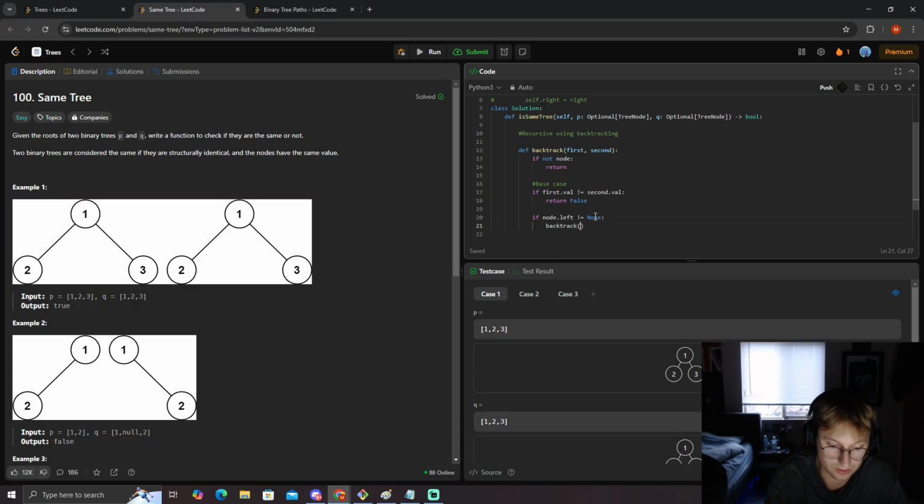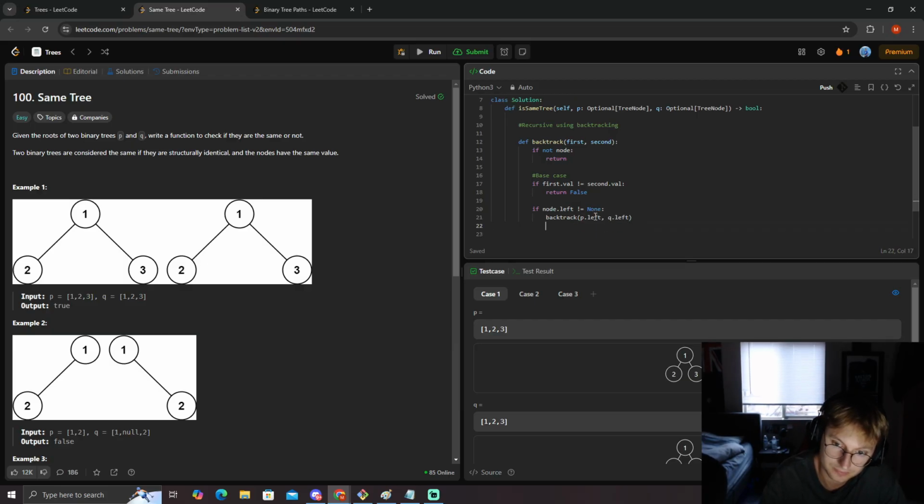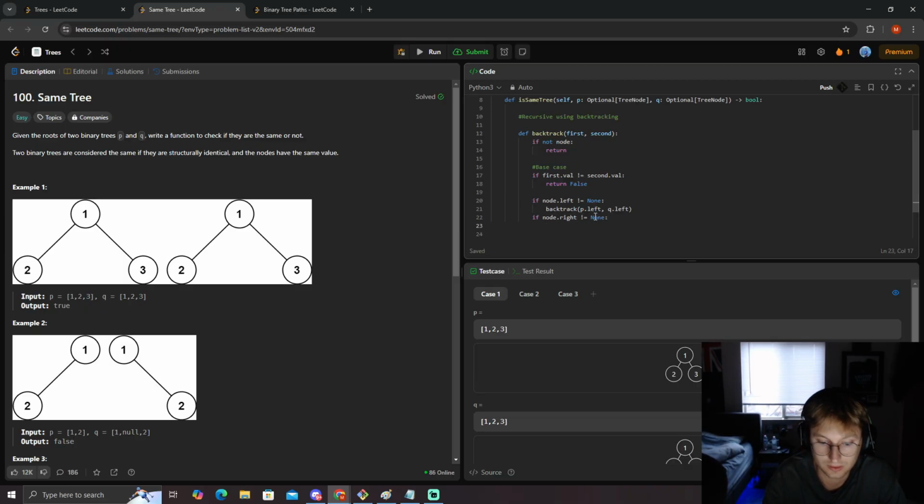Sorry, what is it? Backtrack q.left, q.left, right? If node.right not equal none, then backtrack